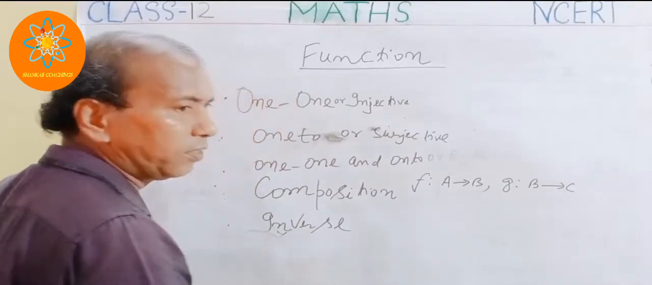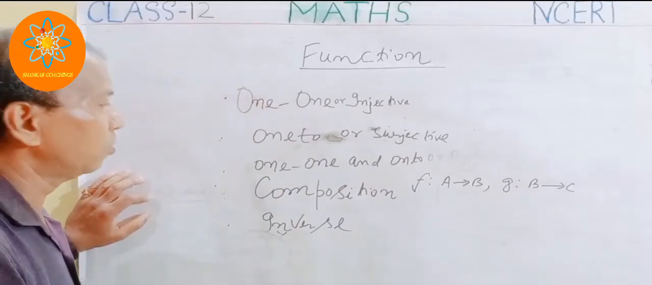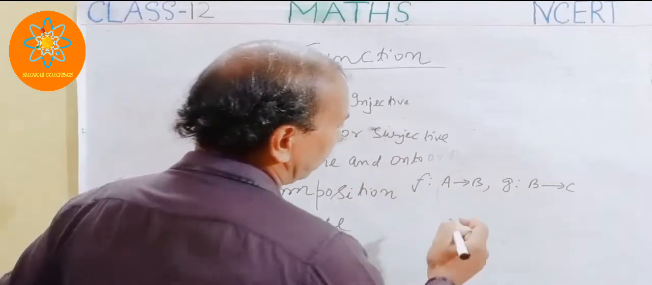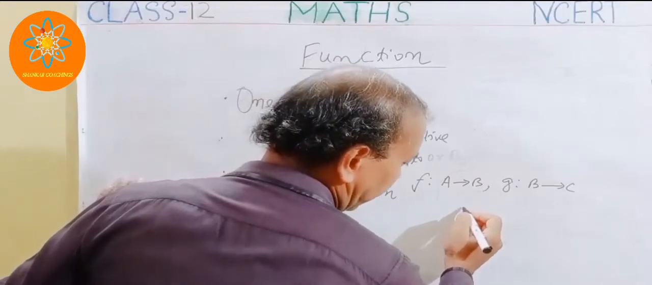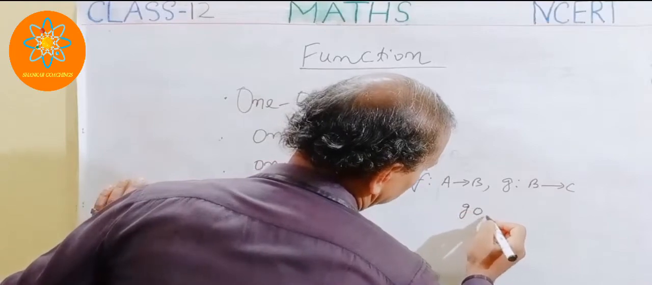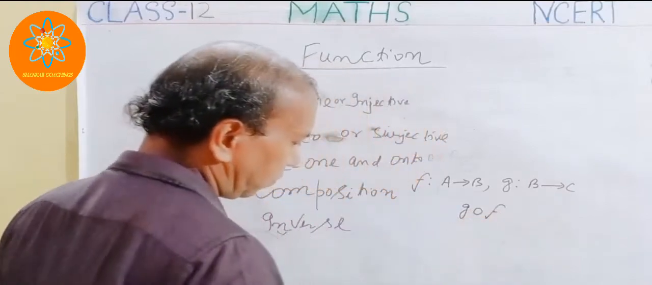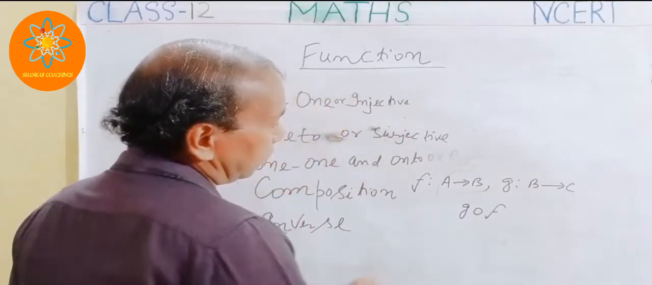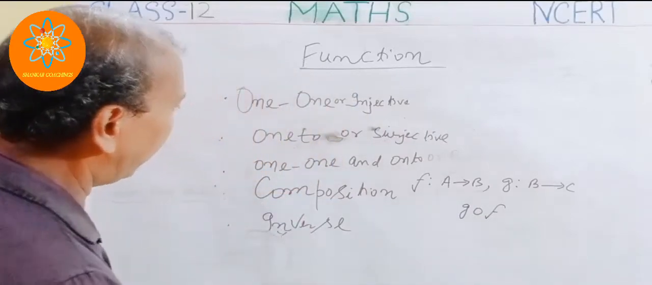Composition of F and G, let's suppose I find it. So the composition of F and G is denoted by G naught F, that is, G composition of F. This is defined by that one. So we have the one